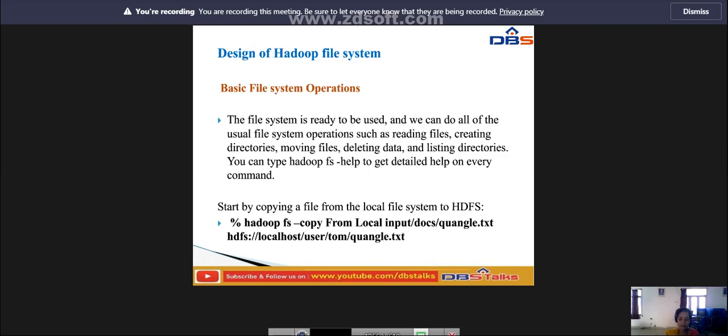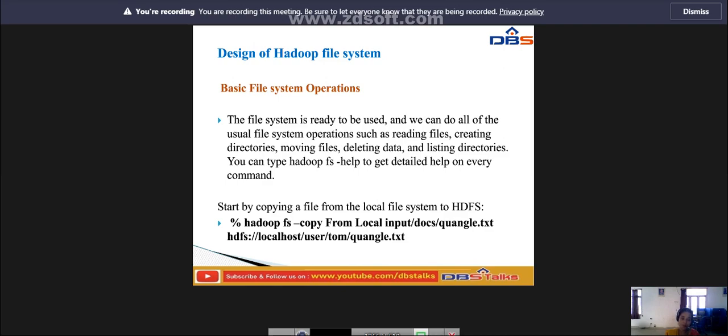If we don't know how to proceed, we give the command fs -help, so that it completely displays the commands we have to use at the command prompt. So this is what it means for the file system to be ready to be used.